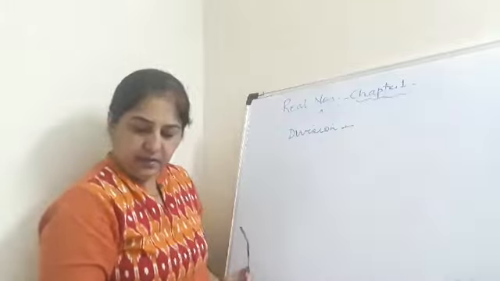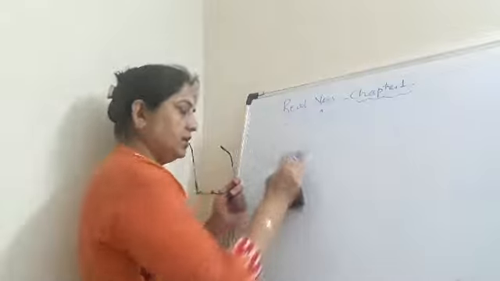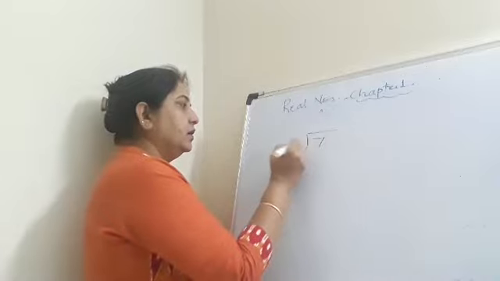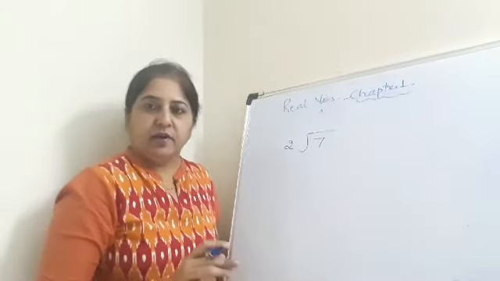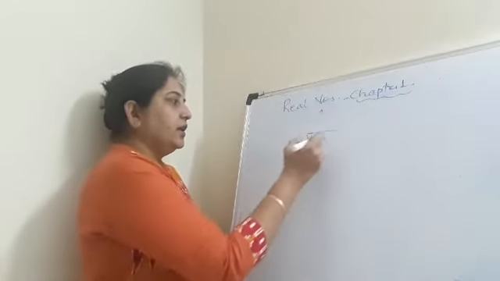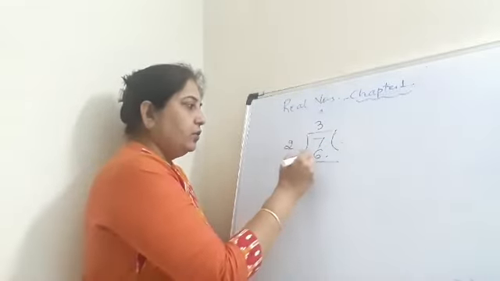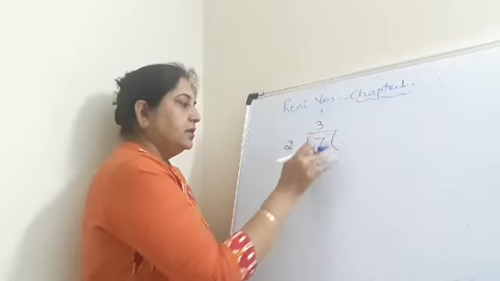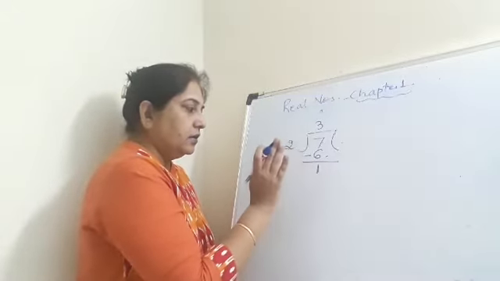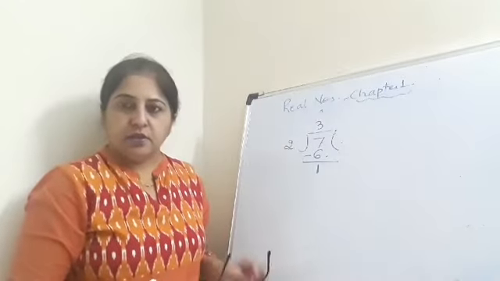So if I take up an example, I am now showing you a simple example for division. Suppose I take 7 by 2. Okay, 7 I have to divide by 2. Very simple question. You all know how to divide a number by a given number. Now you know that 2 3s are 6. Yes, and after that what do we do? We subtract, and this is complete, because we cannot further divide it, so we stop here.